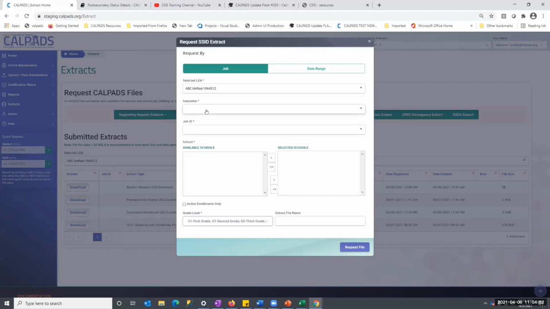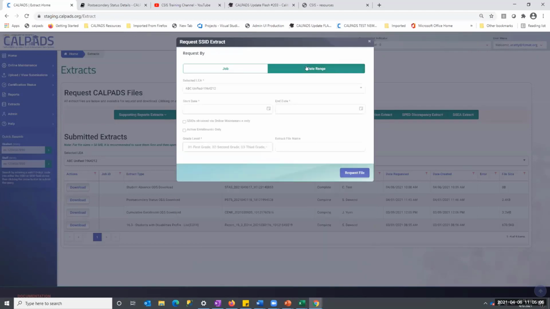But now people are saying, I want to do a whole audit of my district and see if I'm missing anybody. Well, that's not what this file was designed for. So right now you can request it by a job ID, so you upload it in an SCNR to get new SSIDs, or you can do a date range by start and end date. That date range doesn't mean what you think it means. It only means the students that you have gotten SSIDs for from that start to end period, not their